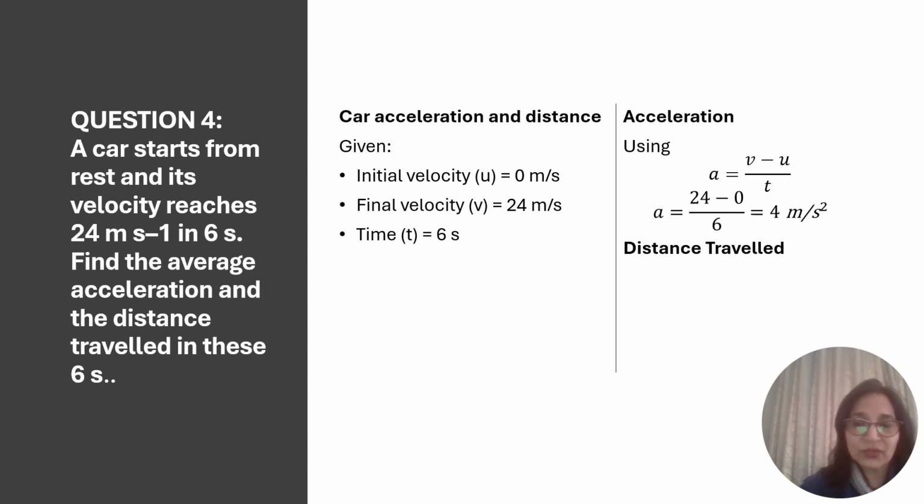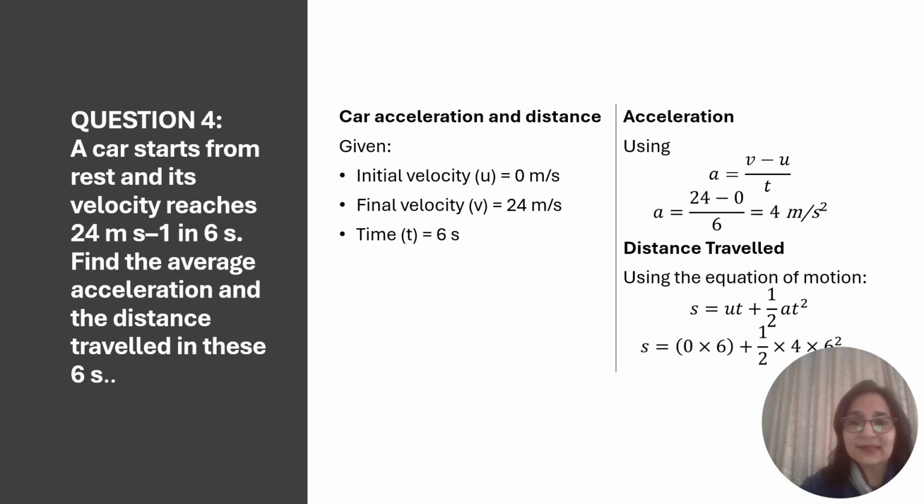Now the next part of the question: the distance traveled in these 6 seconds. Now you need to calculate the distance traveled. Here you are supposed to use the equation of motion. We have 3 equations of motion. Related to this question, we are going to use s is equal to ut plus half at square, because we are talking about u, the initial velocity, we have the acceleration, we have the time given, and we have to calculate the distance. So now, you just have to substitute the values